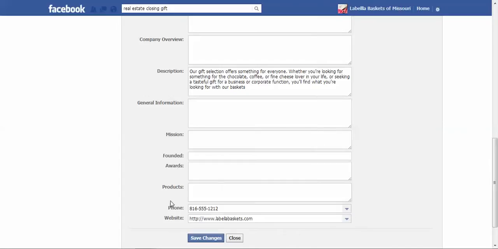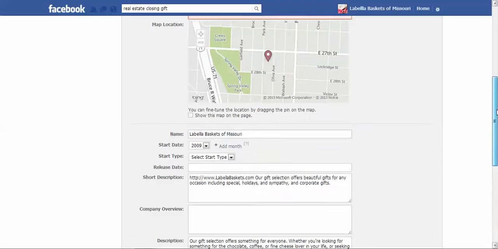Okay, and then of course don't forget your phone number. People can't contact you without your phone number in there. And of course your website, again, because that will go up in another section. In your About, it'll be off to the right in there, but again, that could be the exact same URL that you had in your About section. It doesn't matter. And then of course save your changes.